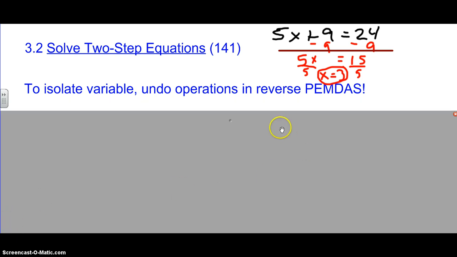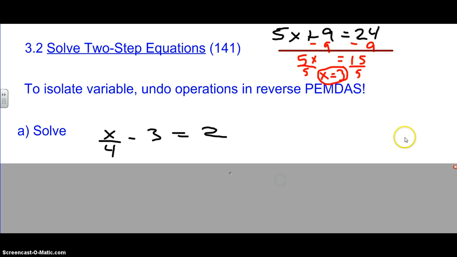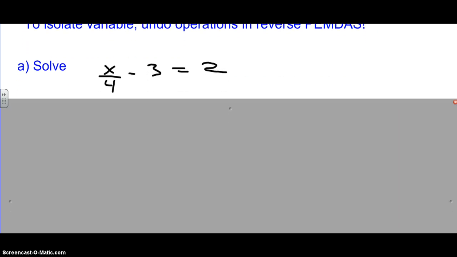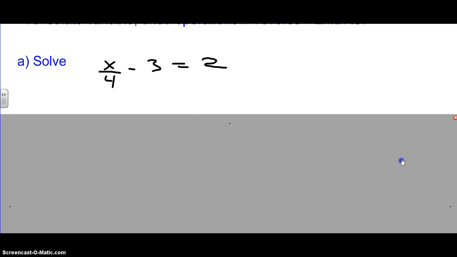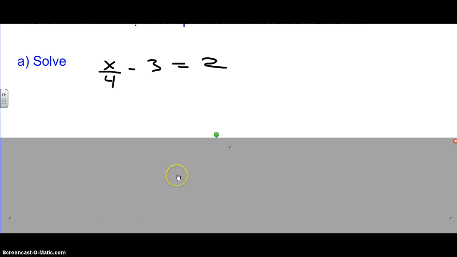Okay, very good. Let's try this again. Solve for x. x over 4 minus 3 equals 2. And go ahead, pause the video and come on back. Once again, if we knew the value of x, PEMDAS, we would do division before subtraction, right? But we don't. So to undo these operations, we will do the inverse of subtracting 3,